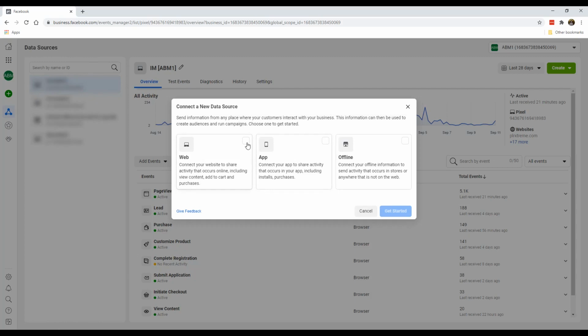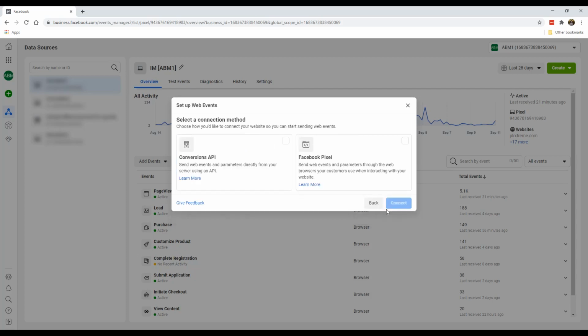Now I have to say that before this video was recorded, adding a Facebook pixel used to be a step simpler, but not to worry, it is still quite easy to do it, alright? Just with a bit of changes. So with that said, I want you to select Web, click on Get Started, and you will select Facebook pixel